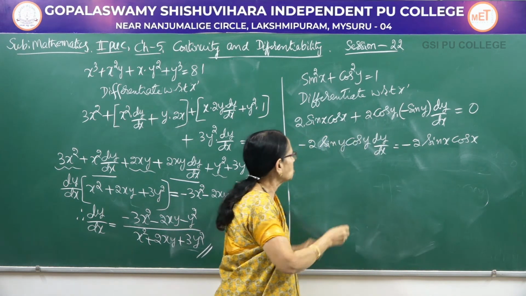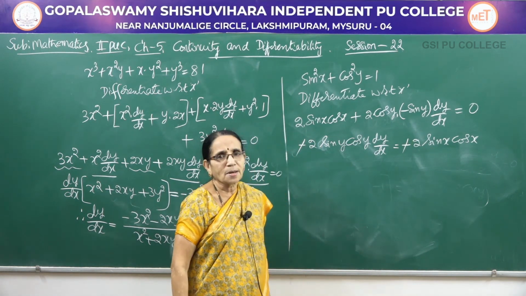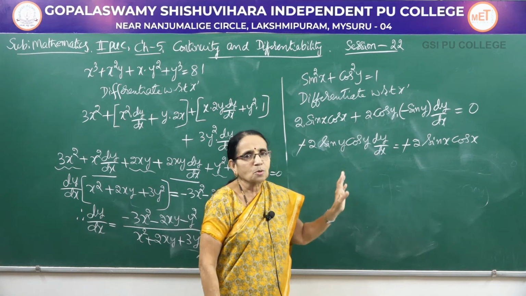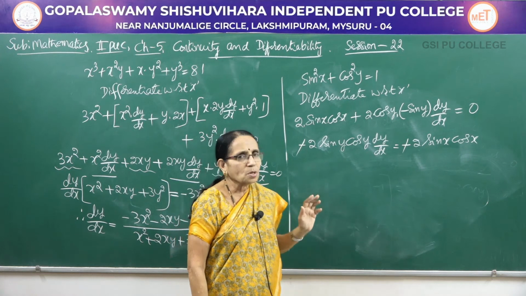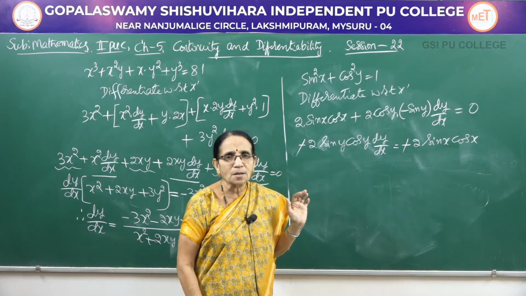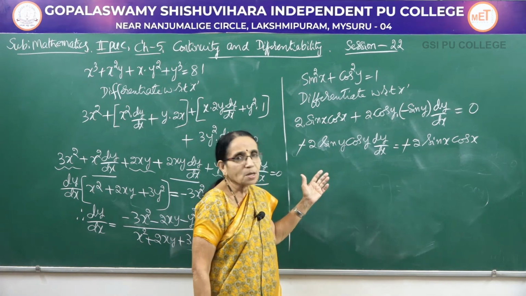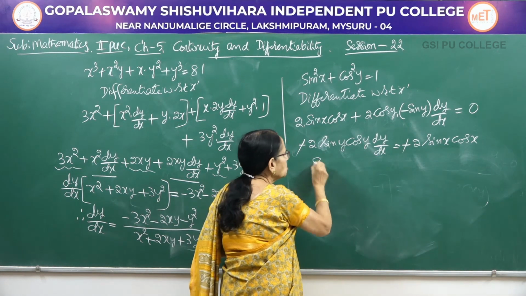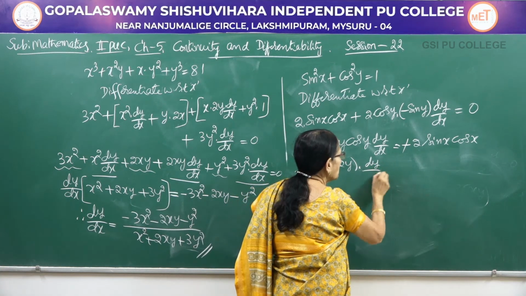See, don't cancel this 2, you can cancel only the minus sign here. Why I am not cancelling this 2 is, observe here 2 sin x into cos x. The answer could be written in a simplified form. Now you know the formula, sin 2 theta is 2 sin theta into cos theta, which is called a multiple angle, which you learnt in first year PUC trigonometry. So I am making use of that result here. Same thing here, in here y, there x we are having. So this can be written as sin of 2y into dy by dx.